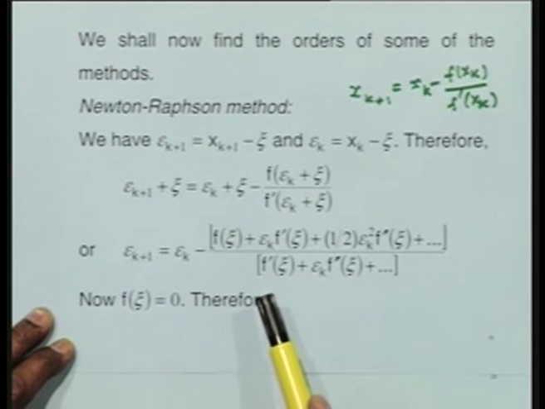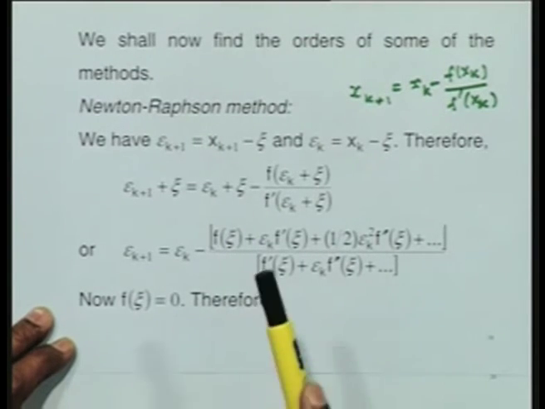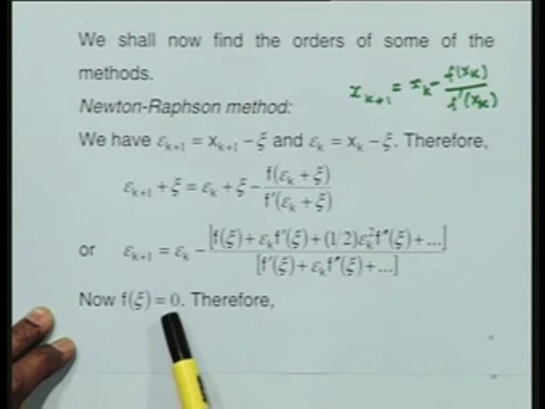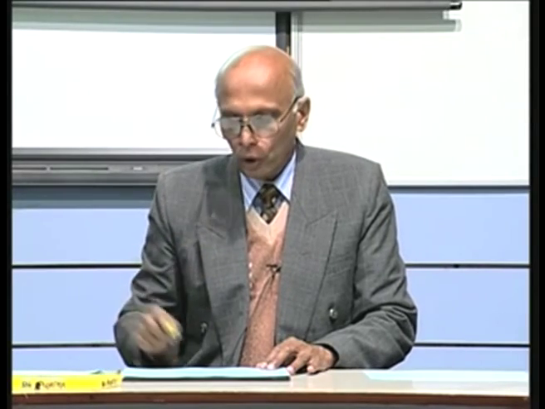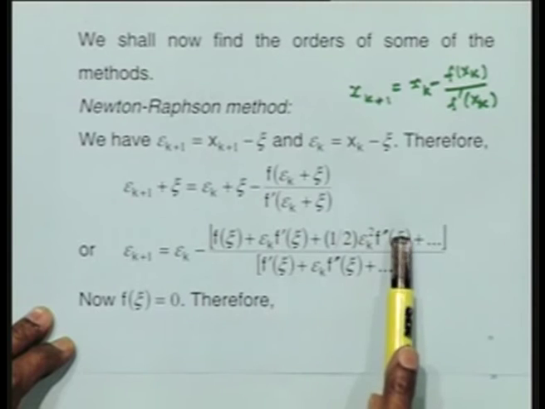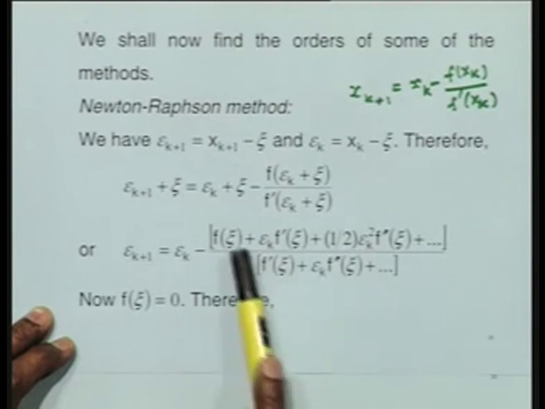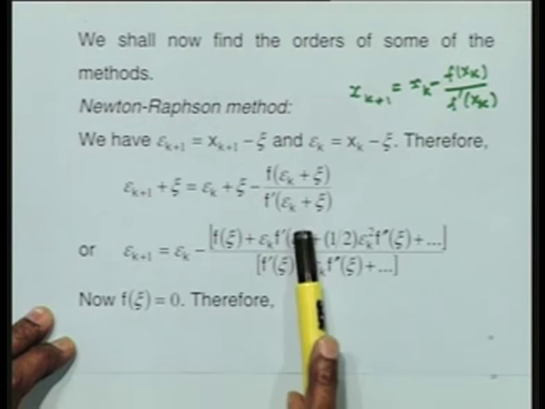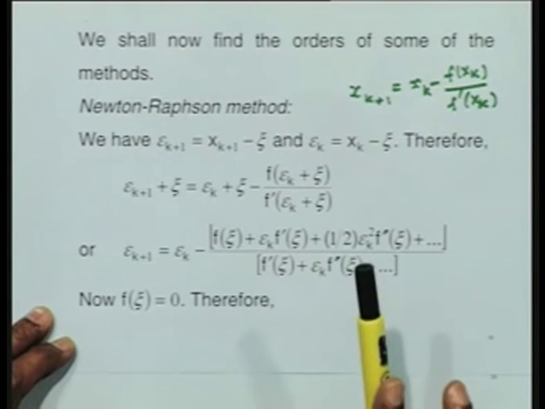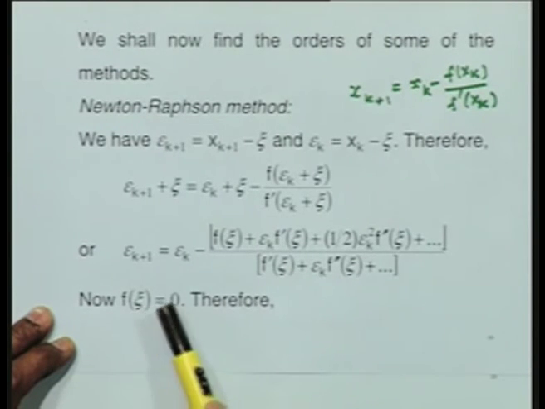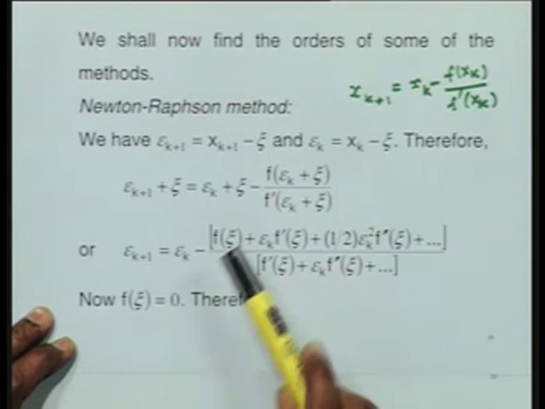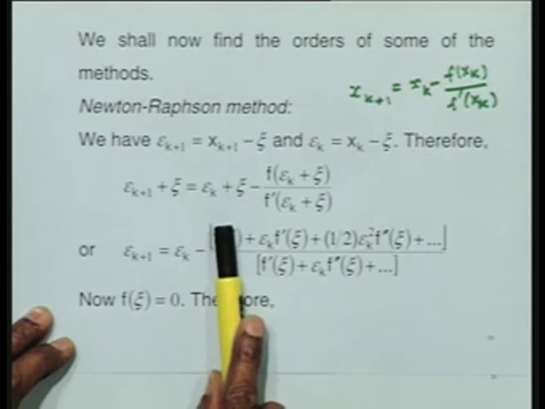We started with xi being the exact root of our function f(x), therefore f of xi is 0. We shall see later on that what we are talking of here is only a simple root, not a multiple root. If it is a multiple root, then f prime and f double prime can also be 0, so the other terms can also be 0. So let us assume for the moment we are talking of only a simple root, so that f of xi is 0, f prime of xi is not equal to 0. So I can set f of xi equal to 0 over here.